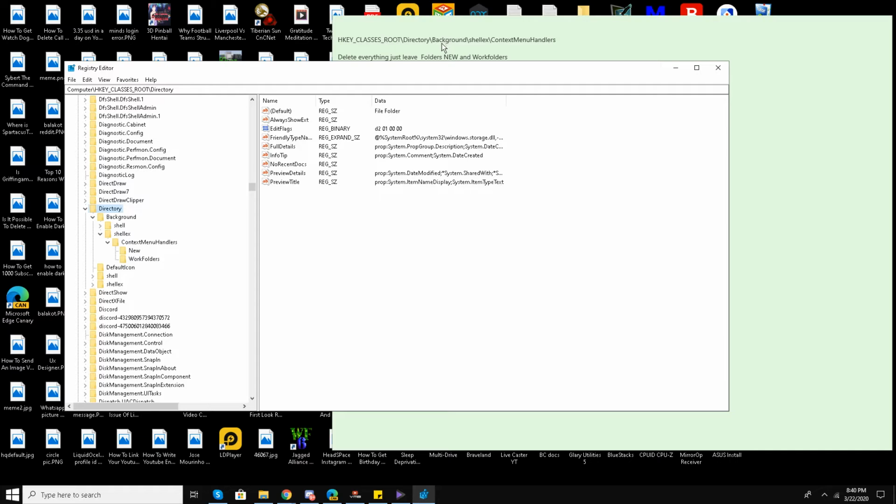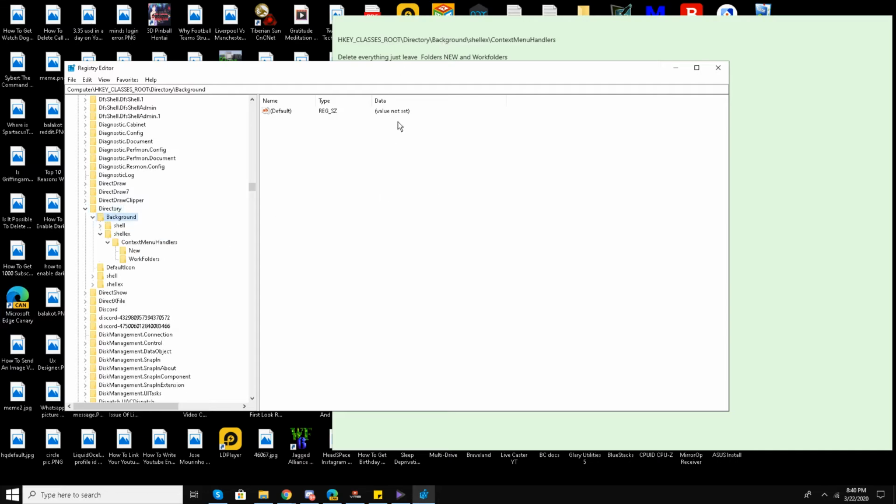Now the third one is Background, Shellex, and then finally ContextMenuHandlers. So guys, all you have to do over here, you will find a lot of folders. Just delete every folder over here and leave only New and Work folders, and after that just close this